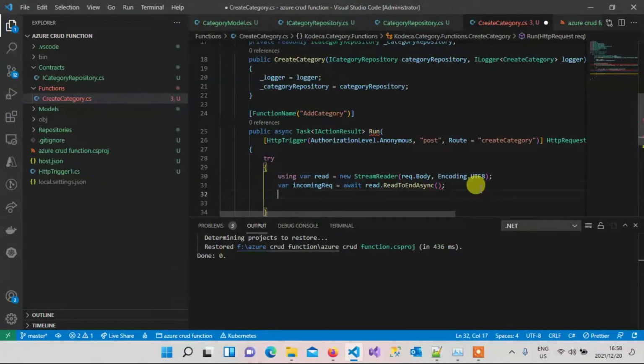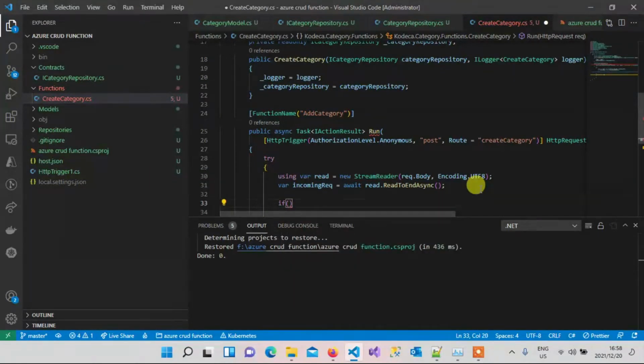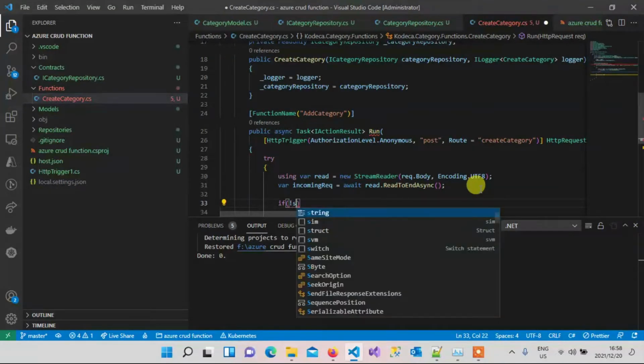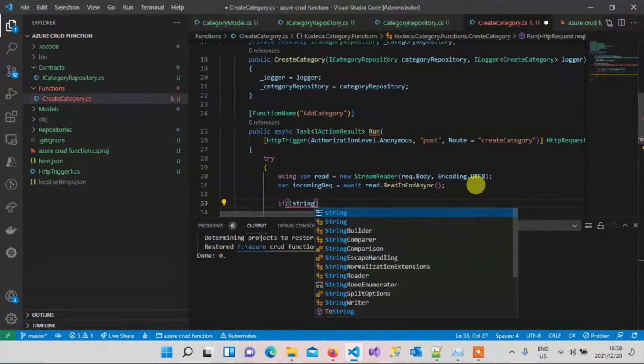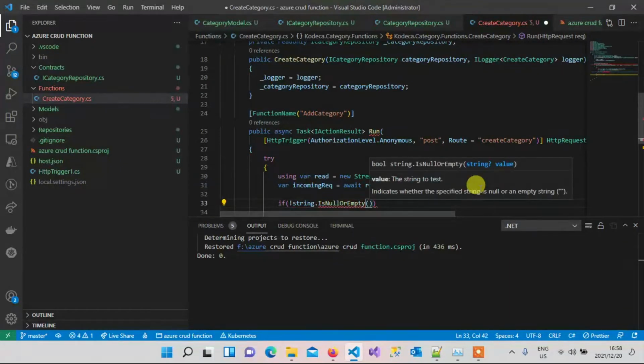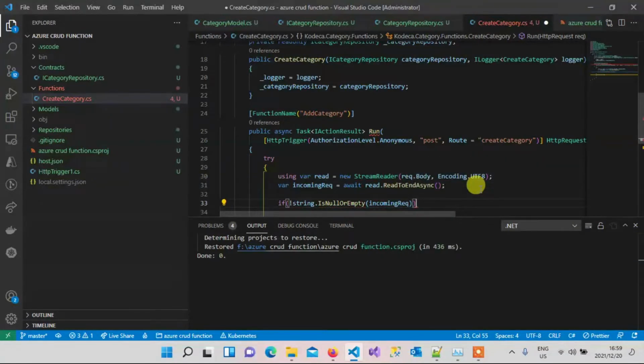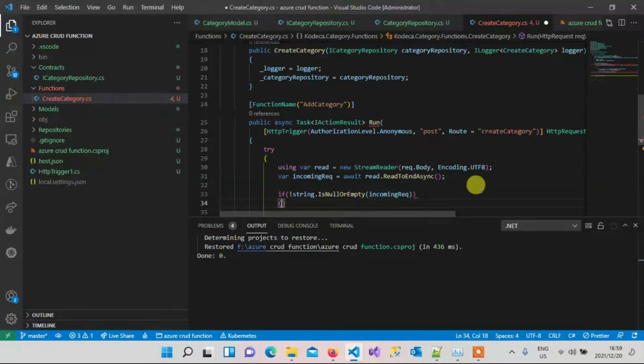Let me get that. Once we have that, I'm gonna just check if our string is not empty. So dot string dot is null or empty in current request. So if it's not empty for now,